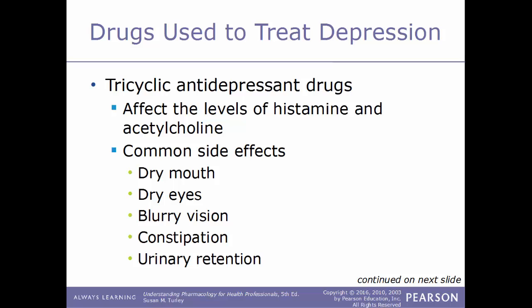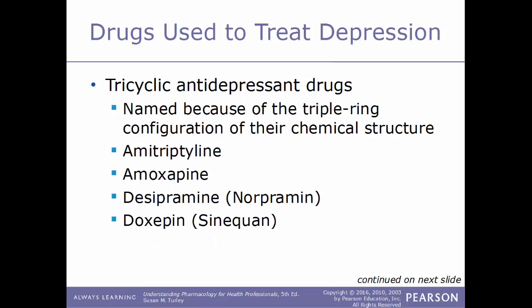And there are some common side effects for the tricyclic antidepressants, including dry mouth, dry eyes, blurry vision, constipation, and urinary retention. And this category of drugs gets its name because of the triple ring configuration of their chemical structure. That's why it's tricyclic. And some examples of drugs that fall in this category: amitriptyline, amoxapine, desipramine, also known by